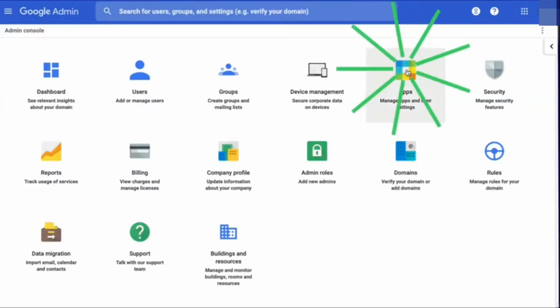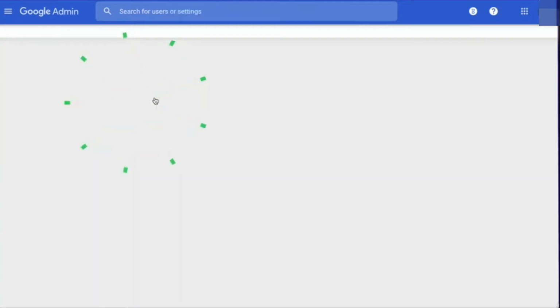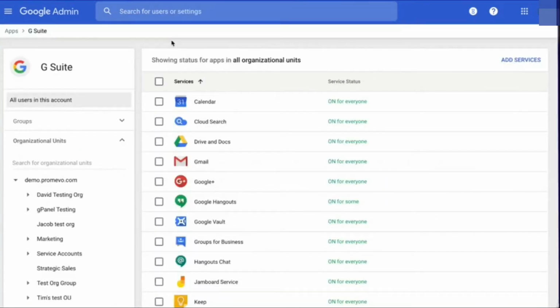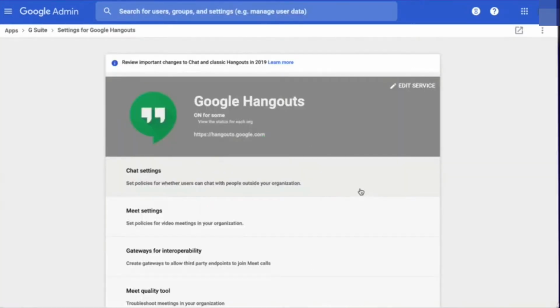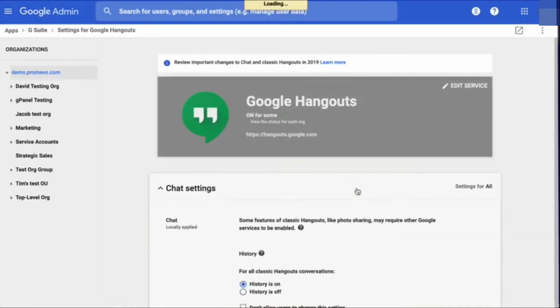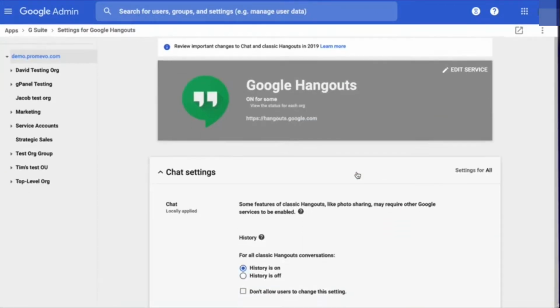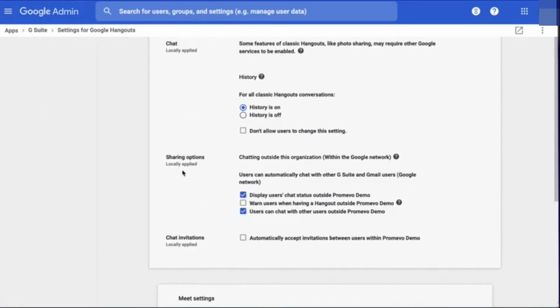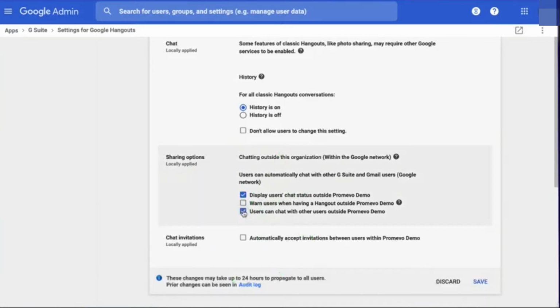So guys, the first trick is on the chatting settings. What you can do is allow your users to chat among themselves, and those messages will not come to you. So they'll be able to chat privately. In order to do this, just go to the normal G Suite settings, and there come to the Meet settings under Hangouts, and you need to just click this mark. In the fourth column, you just have to click this one: users can chat with other users.